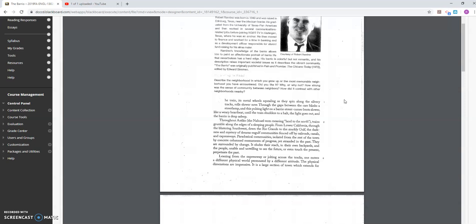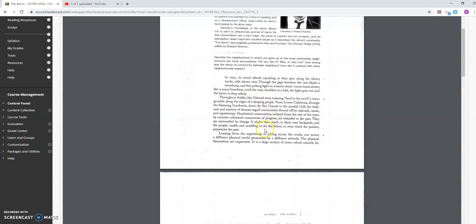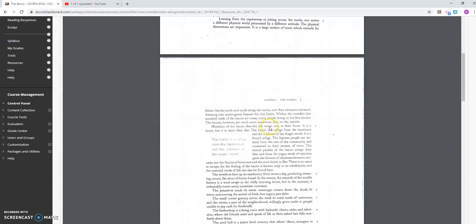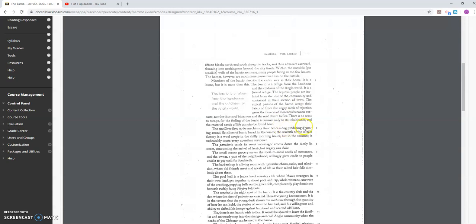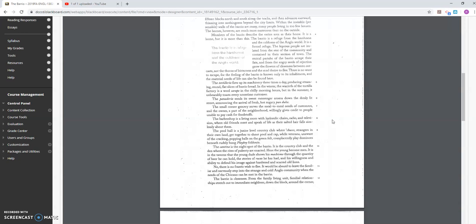But it's beautiful the way he talks about this, with imagery: sight, sound, taste, touch, smell. And so he talks about the squealing of the wheels and the silvery tracks and the street lamp, and you can see the light kind of beating like a heartbeat through the spaces in the train cars. This is beautiful writing. Okay. And he basically describes his neighborhood. He describes the homes, he describes the fences, the grocery stores, everything about the neighborhood.